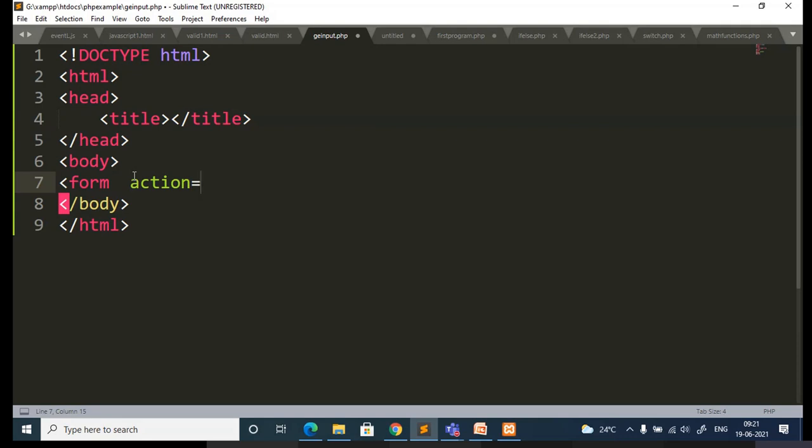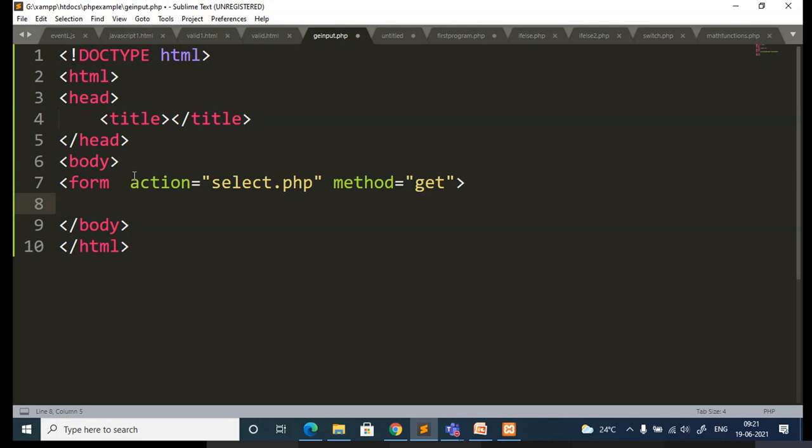Here I'll just use some name. It should be this PHP program, to which it is going to submit the form details. After that we have one more attribute, method. For that you can specify 2 possible values, either the get method or the post method. What is the difference between these 2 methods? We have already discussed. Today I will show some of the differences between those 2 methods.